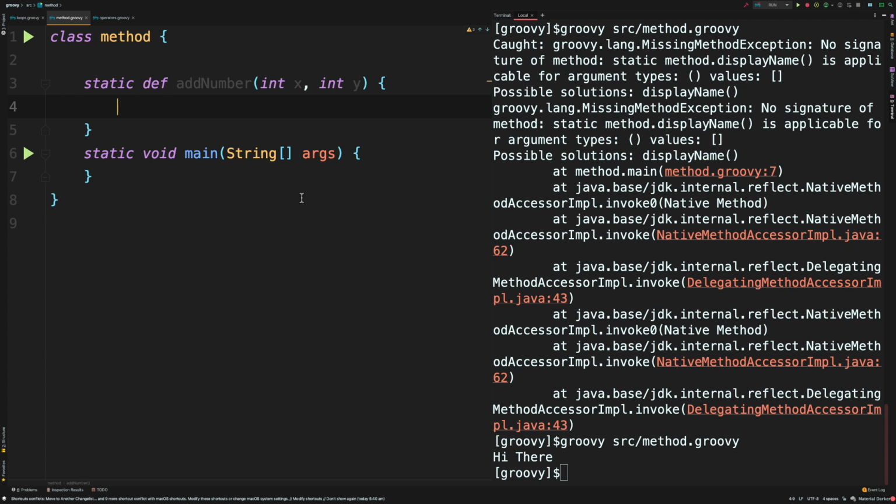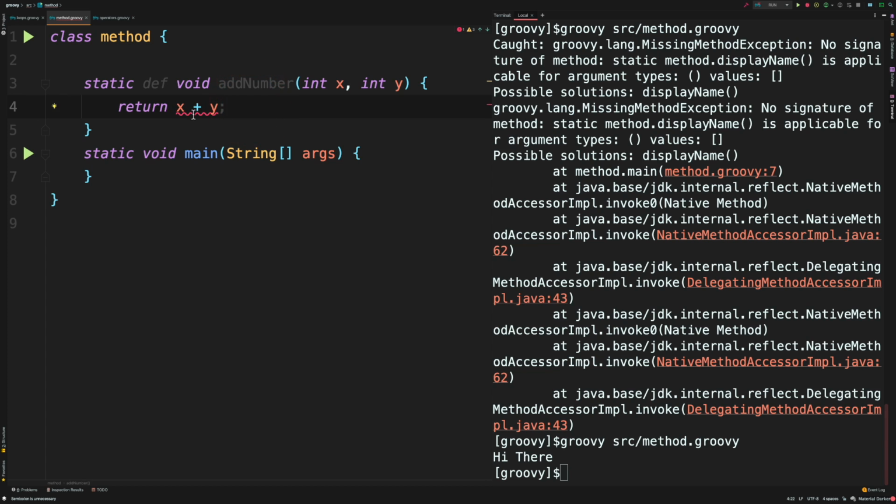Now we need to add x and y and then return the result out of this function as well. Here you see there is something called void. A void is basically a return type, which is equal to undefined or null, which means it's not going to return anything. So we can type void here just after that, and now it will not return anything. So now if I use a return keyword, x plus y, it's gonna throw an error. It says cannot return an object from a method that returns void.